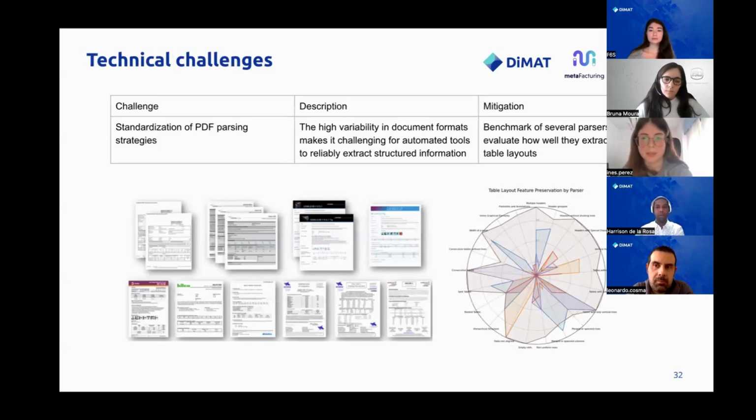So to mitigate this, we have been working on creating a benchmark of several parsers to evaluate how well they extract different layouts. You can see in the figure some results. Next slide, you can see